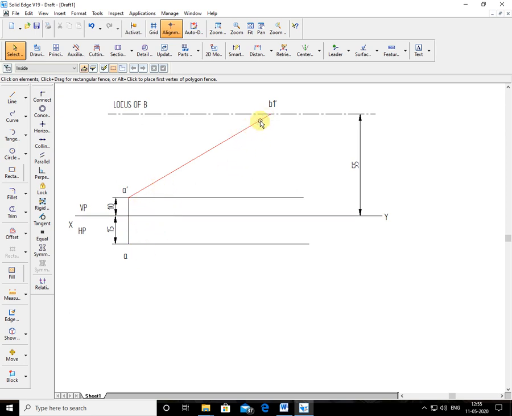So this part is over. Next I have to get the locus of the B in the HP here. You can see the cursor, I am moving here. HP here. Now then go to the problem.